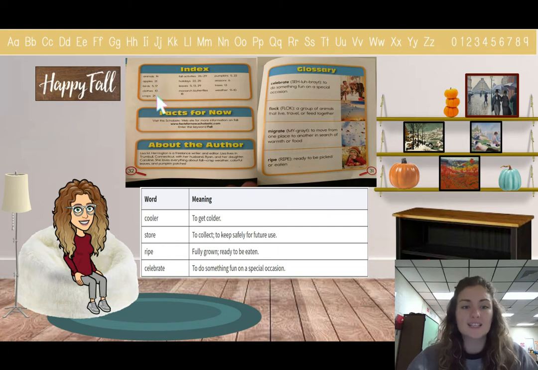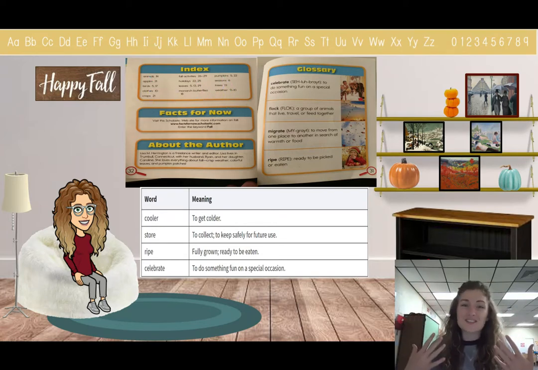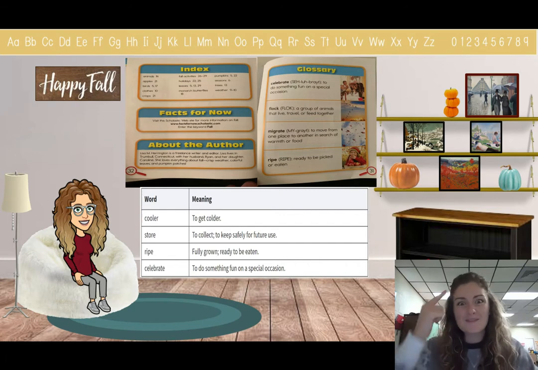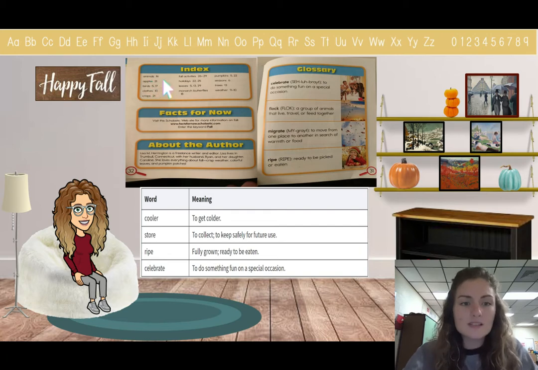The index tells us what page numbers you can find these words at. So if I want to find out more about animals, I would go to page 14. If I wanted to know more about monarch butterflies, I would go to page 18. If I wanted to know all about the weather in fall, I would hit pages 9 and 10.